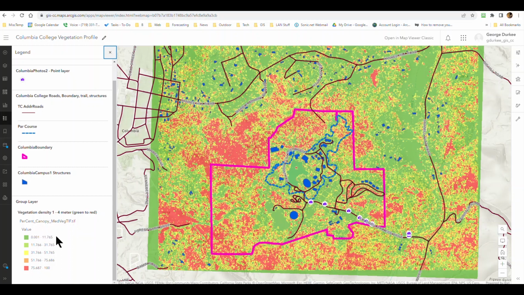And so, the green is the lowest percent density, and then the red is the highest. So you can see on campus here, they've been doing a pretty good job of clearing out vegetation in the center of the campus, and then just northwest a little bit here, you can see it's pretty dense, and